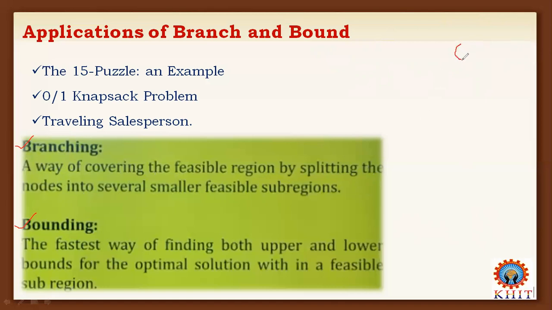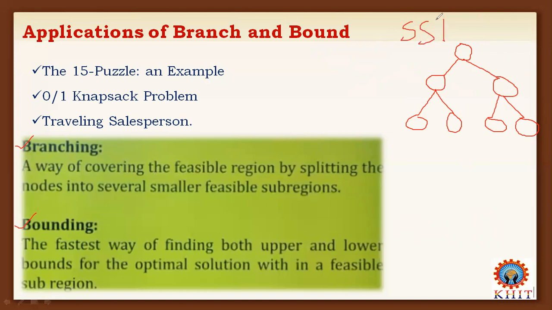Branching, in the sense, is a hierarchical tree. If the region is split into some number of sub-regions, you will get the solution. If you do not get the solution, you again break it into some number of sub-solutions and check whether you will get the optimal solution or not. This type of stage-wise tree can be drawn by using a state space tree, and this construction of the state space tree is considered branching.